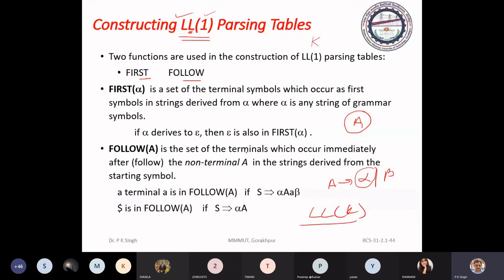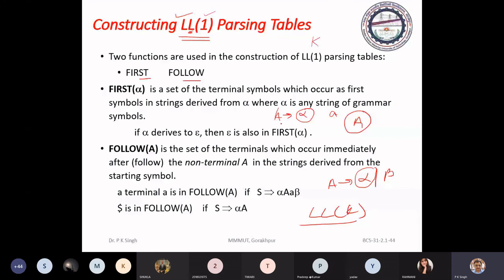Now come to this. Suppose, for example, you have A to alpha, and through alpha you can derive a string starting with a terminal symbol a.